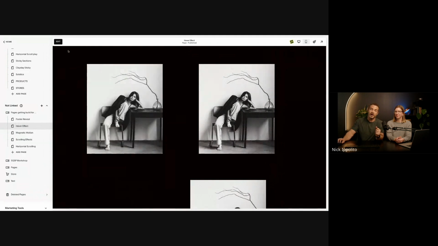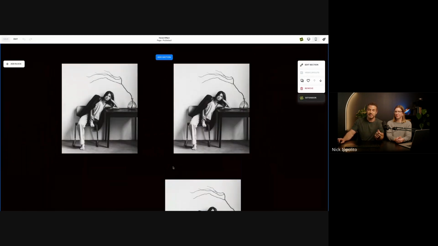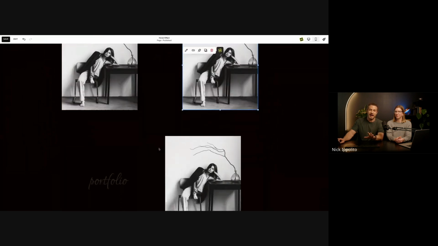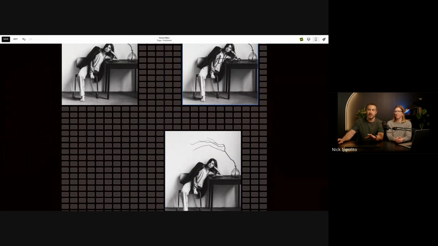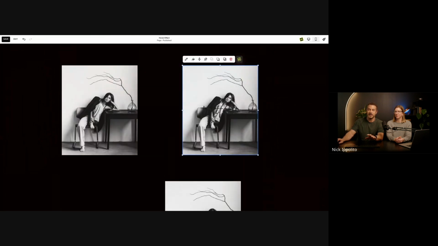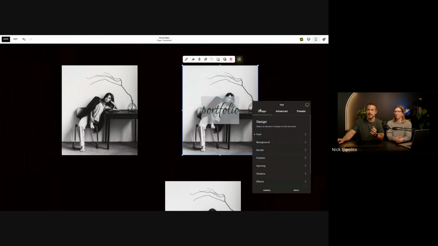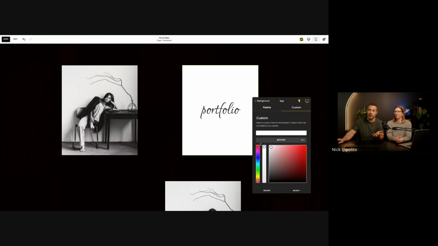So I will just show you the process to create this. First, I'm going to start with an image block. As you can imagine, quite simple. I'm not going to do anything to that, but what I am going to do is create a text block, and I'm going to layer that straight over the top, covering the whole area. And you can see I've got this text here, but now I want to create a background. So let's put a background color on here, and let's do a chalk color, but I want to see the image, obviously, so I'm going to make this slightly transparent, something like that. So that's my after hover effect.